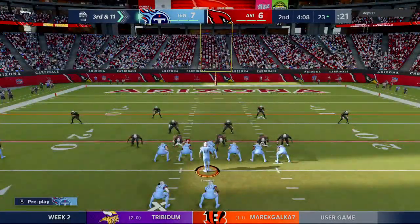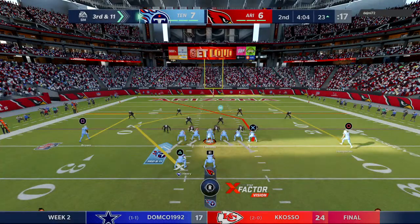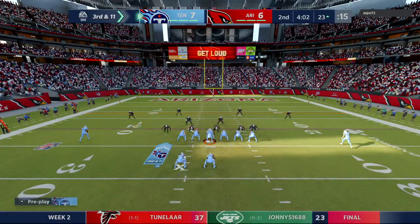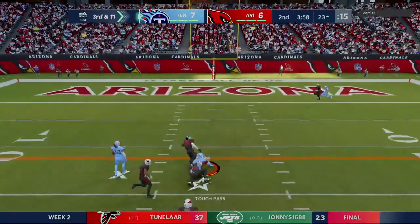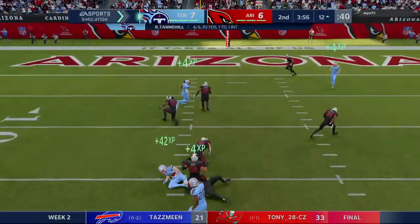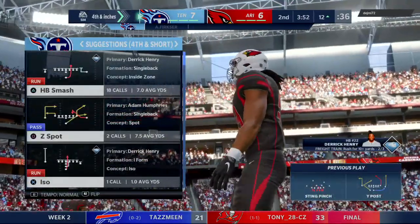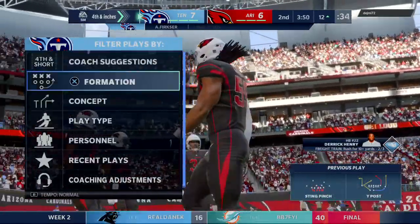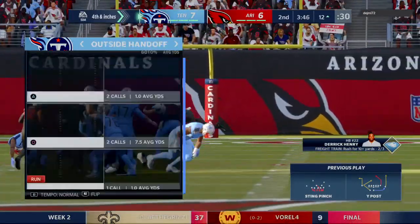The Titans on third down, a perfect 3 for 3 as they look to keep that streak going. This is third and 11. Now Tannehill, that's complete to his tight end, Firkser. And he will be very close to a first down, but I see the closed fist of the referee, and that means fourth down. That was a heck of an effort to stop him just short of the marker, but